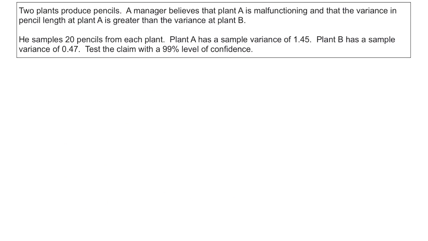So here's our first real problem. We have two plants, and they produce pencils. A manager thinks that plant A is malfunctioning, and that the variance, notice the word variance, in the pencil length at plant A is greater than the variance of the pencil length in plant B. Okay, so what does he do? He thinks this is the case, so he samples 20 pencils from each plant, 20 pencils from plant A, 20 pencils from plant B. Plant A has a sample variance. Notice we use the word sample variance because we don't look at every single pencil coming off